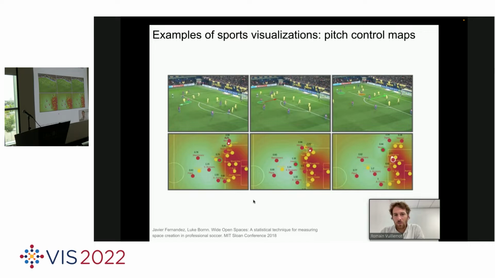So if they receive the ball, they are not likely to have an opponent coming at them right away. On this visualization, on the top row, you have the video snapshots, and below are the corresponding pitch control visualizations. In red, you have Barcelona, and here the story is you have